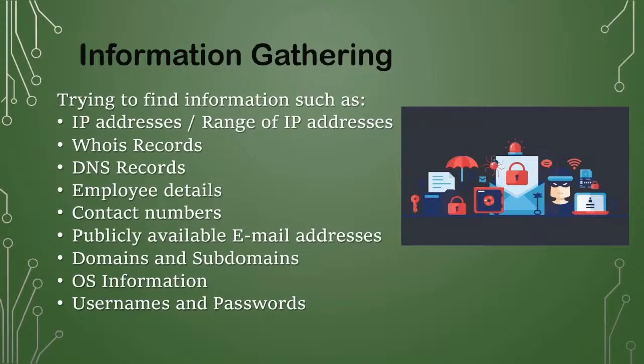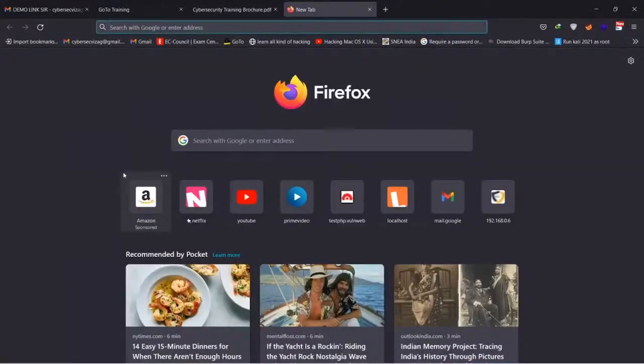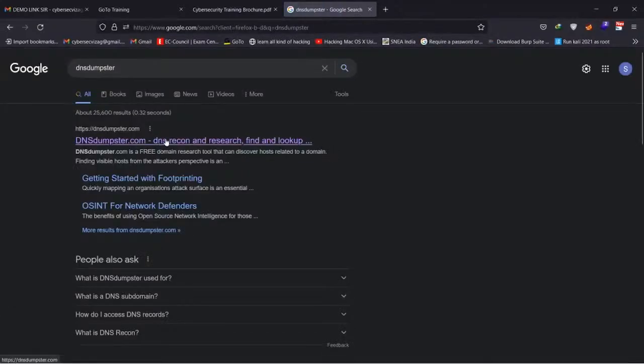Then the domains and the subdomains of Wipro's website, and the operating system information, like what OSs are being used by the servers that are linked with Wipro.com. Now, trust me, guys, all this information is available online to be gathered. If I show you a very basic example, let's say I wanted to find the DNS records for Wipro's organization. All I have to do is go to the browser and search for a website called DNS Dumpster. This website is available for free for anyone to access. You can click on the first link,